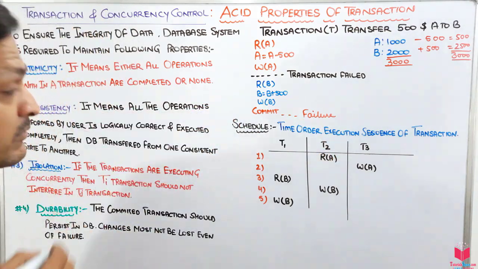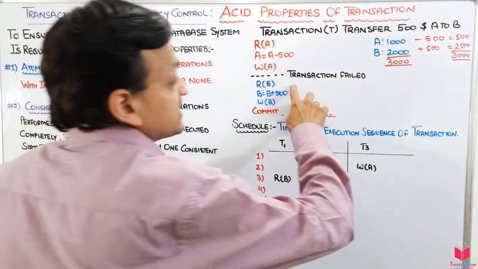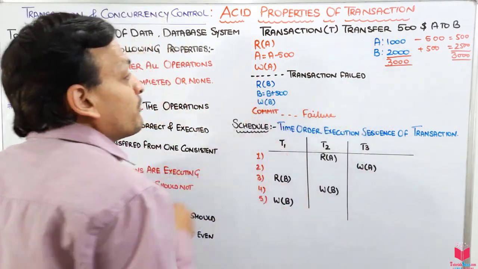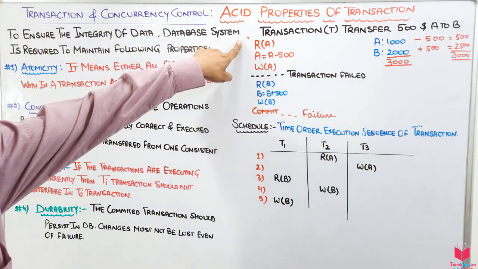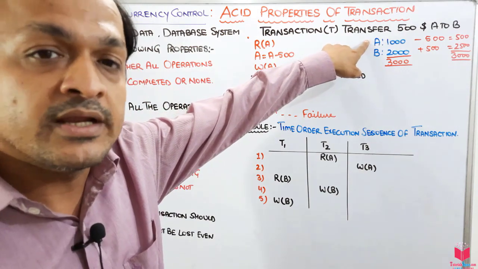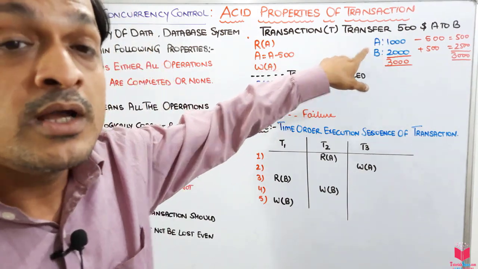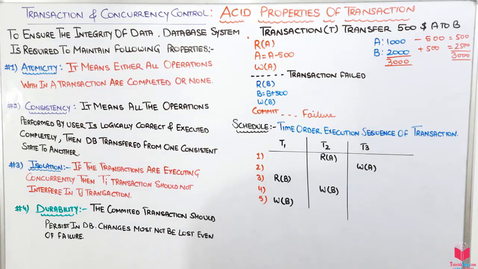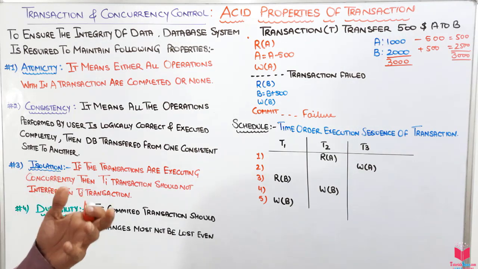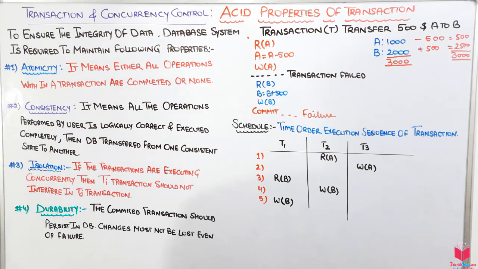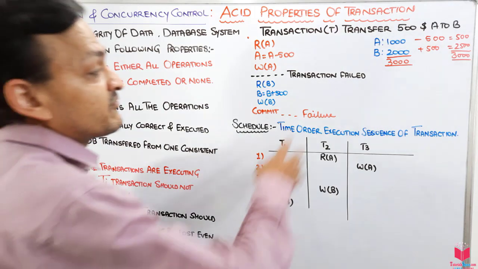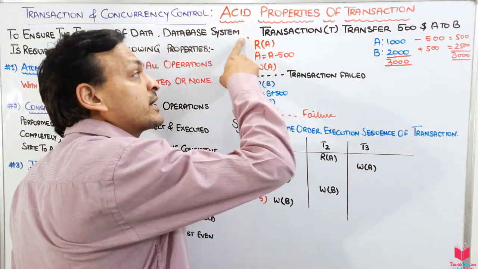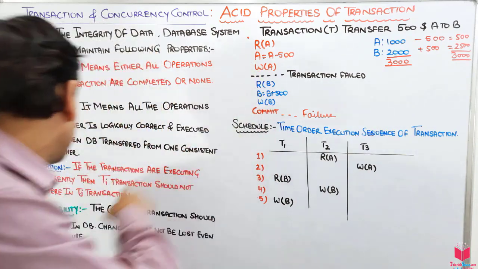Okay guys, and one more thing: if the transaction fails in between, we should go back to the starting point of this transaction, where we have 1000 in A's account and 2000 in B's account, otherwise inconsistency will be there. So durability means both things. If we have committed the transaction, the changes should not be lost and should be reflected back to the database. And if the transaction failed in between, we should go back to the starting point. Both come under durability.